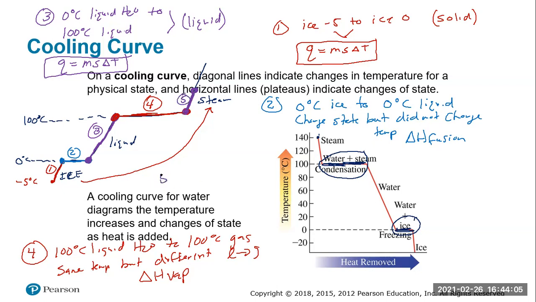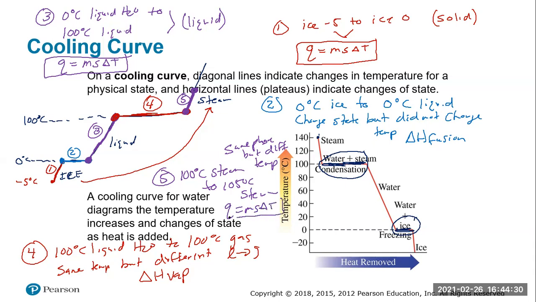And that would be taking it from 100 degrees steam to 105 degrees steam. That is the same phase, but different temperature. So to calculate that, we would use our specific heat capacity. So again, this is why I kind of talked about specific heat capacity earlier on. You're not required for the calculation, but this is how we would look at a heating or cooling curve and figure out the energy associated with it.